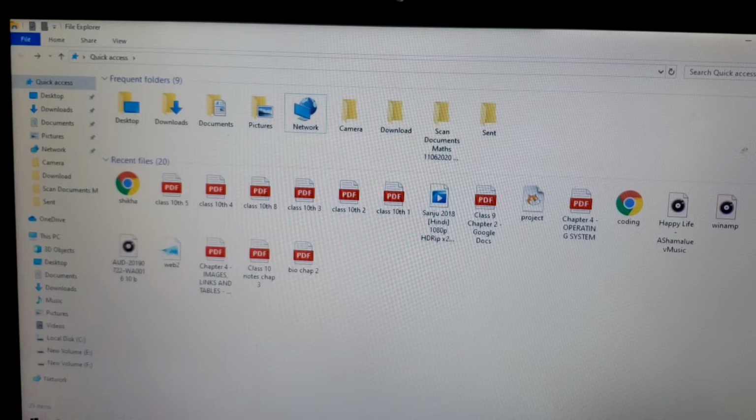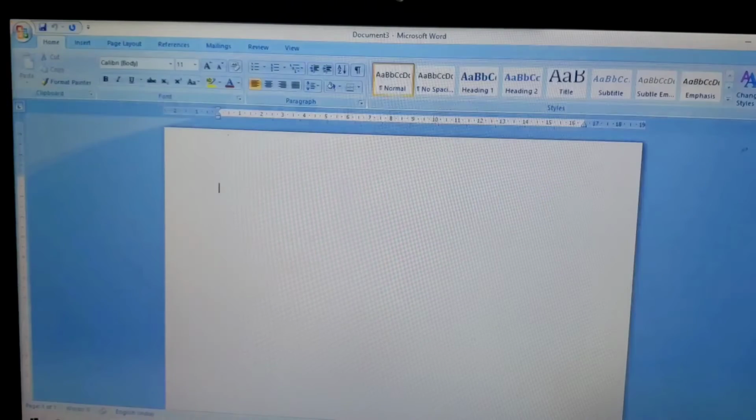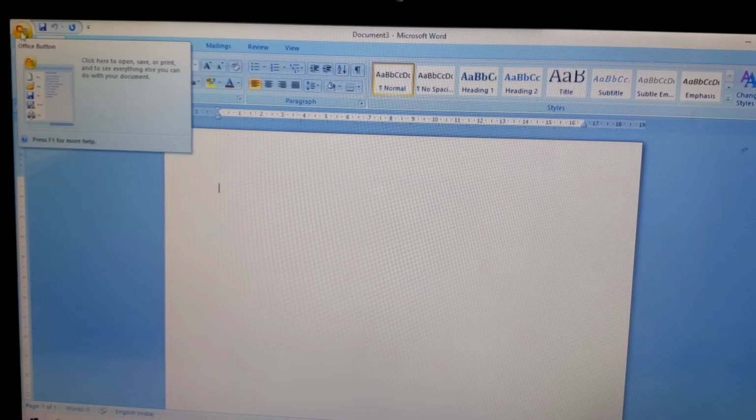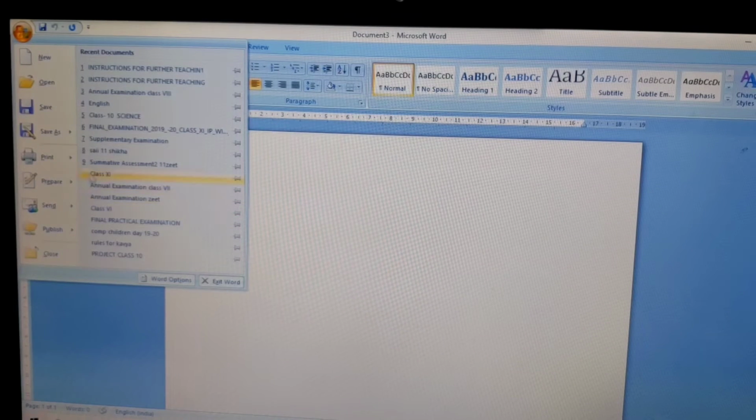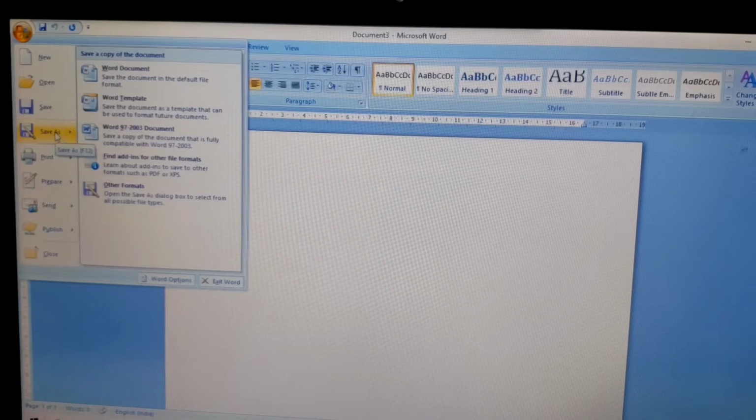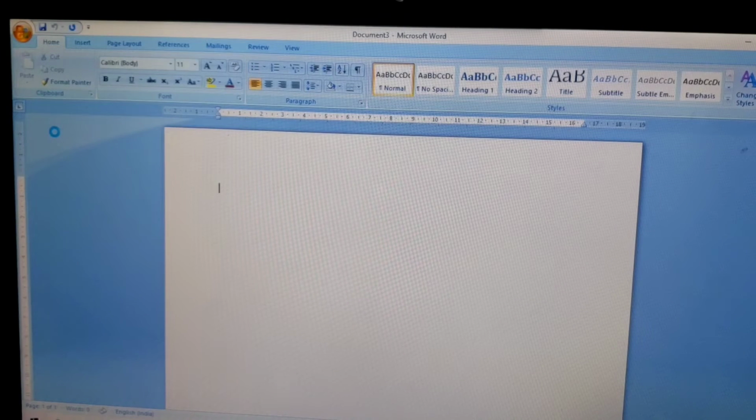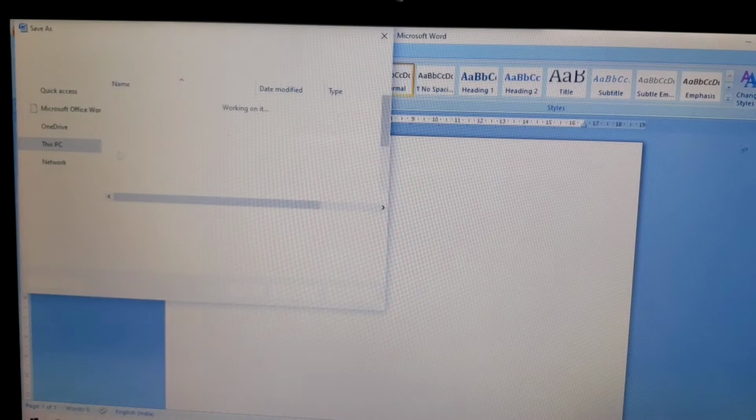Okay, now, how to create a file. Whenever you want to create a file, simply open any Word document. This you all know, you all did it in your previous classes. Click on the Save As option and then your file will be created. Whenever you choose the Save As option, on the top you will always find the location where you want to save it.